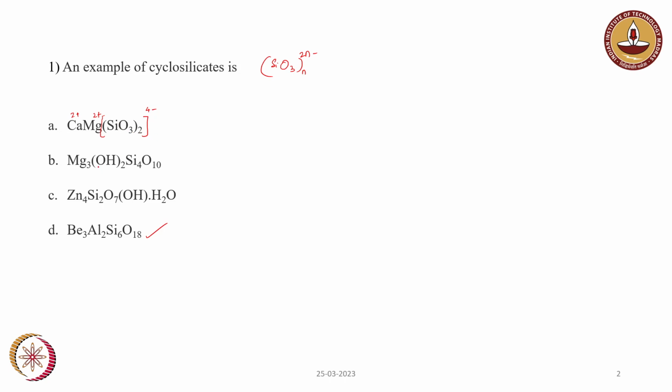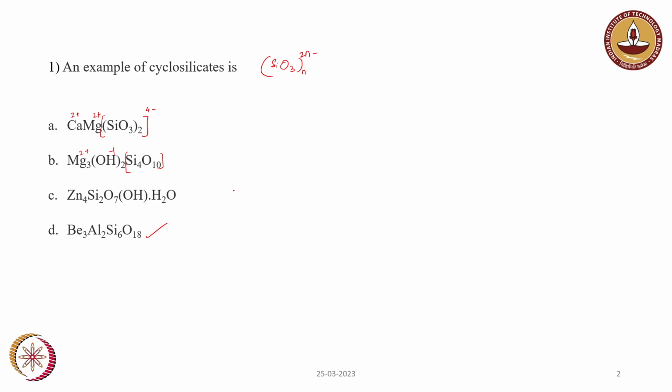And here Mg3 is 2 plus each, OH is -1, and similarly we can calculate for all the SiO units, and we will see that beryl